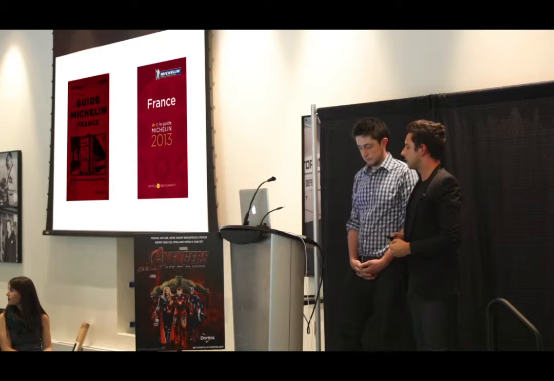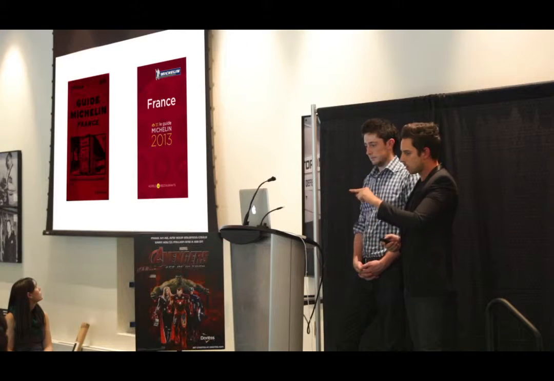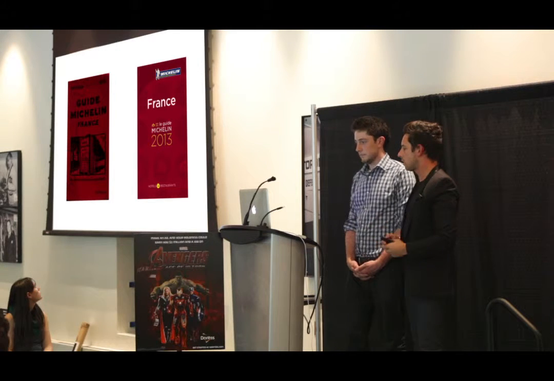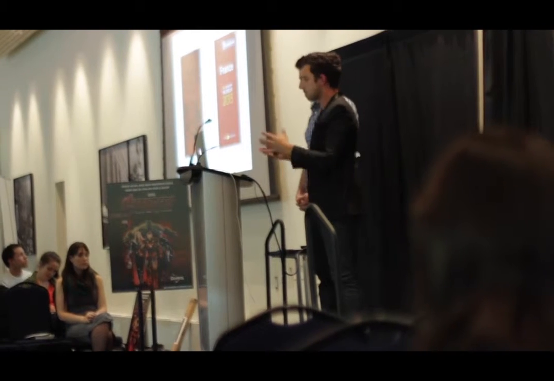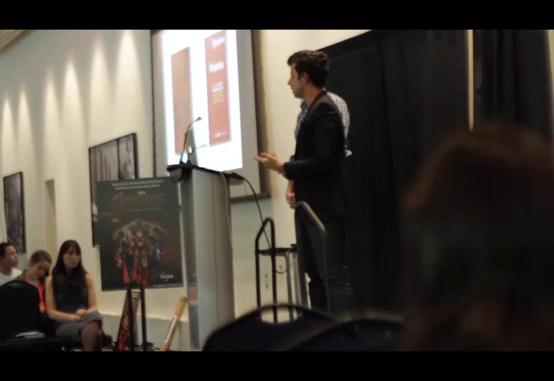1929 as a guide for people in France to drive all around the countryside with their cars and use up the tires on their cars, which was because it was Michelin, but to actually explore different restaurants and towns all around France and check out some really cool food. So that was a really early piece of branded content presented by Michelin, but it was really about going and exploring food in France.